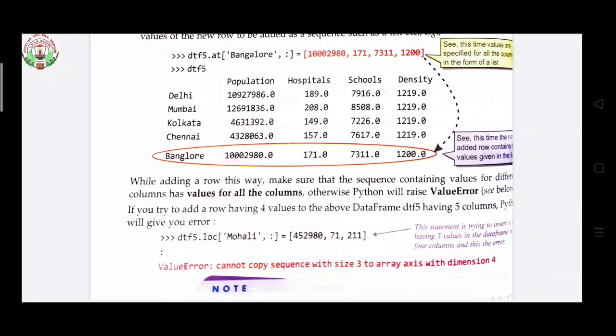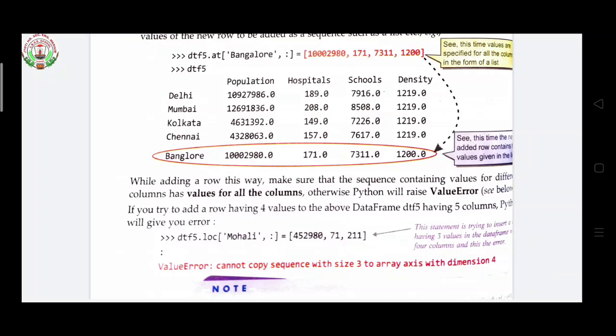How many columns are there? 4 columns are there. But if you write 3 values, then you will get an error because the data won't match, because there are 4 columns, so you have to enter 4 values. Otherwise you get a value error. What type of error? Cannot copy sequence with size 3 to array with dimension 4.